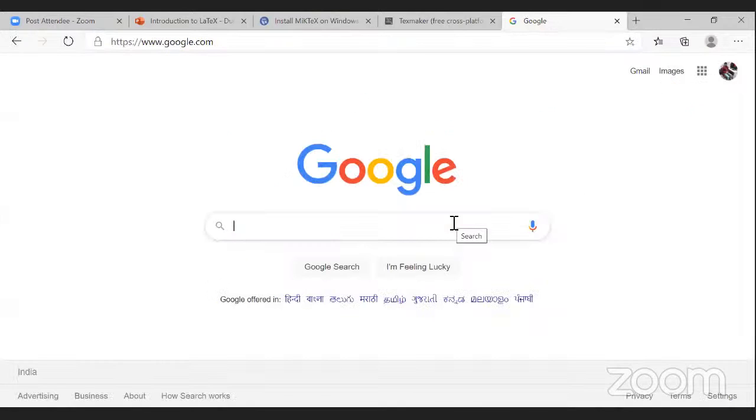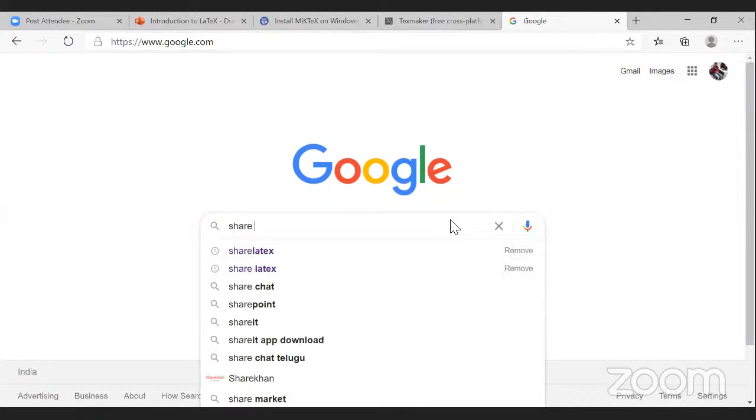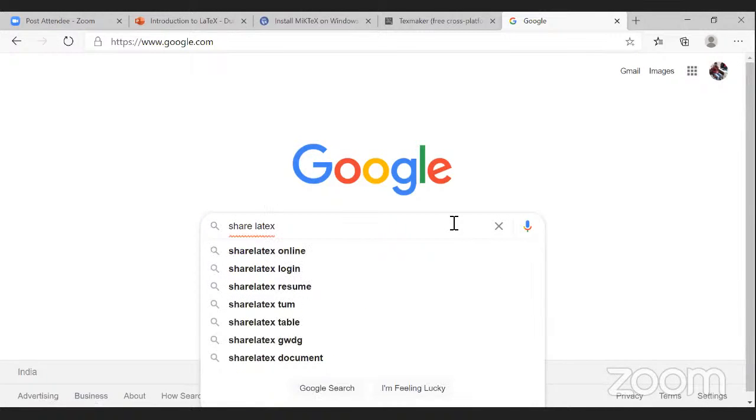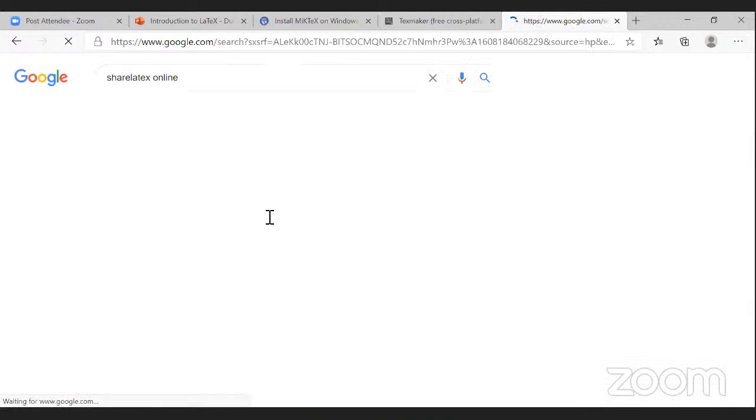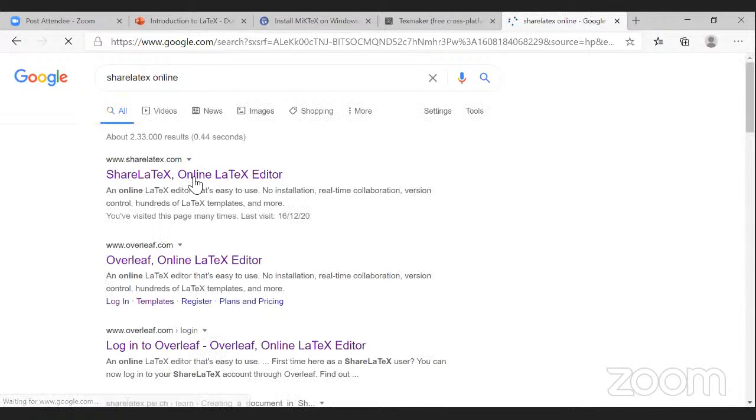Earlier both were ShareLaTeX. ShareLaTeX is one such, or Overleaf is also one such cloud based provider for creating LaTeX documents. Okay, we will see. First we will go to ShareLaTeX. Just type ShareLaTeX in Google, and then enter the ShareLaTeX website. You can create your account. If you are a first time user, you have to create your